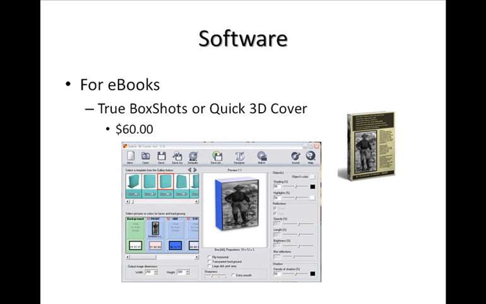Once in a while, on Giveaway of the Day, there will be software offered for free that will do this kind of 3D cover for you. Danny watches the Giveaway of the Day website, and when anything like that shows up, she always announces it on the forum board. The problem is you have to get in there within 24 hours and download it and turn it on to get it for free. But do keep an eye on the forums, because we do post those kinds of things there, so you might be able to save some money that way. Otherwise, expect it to cost you about